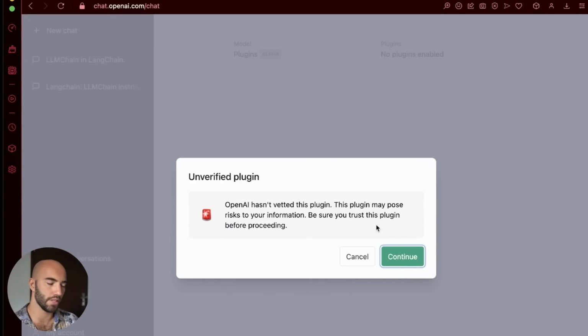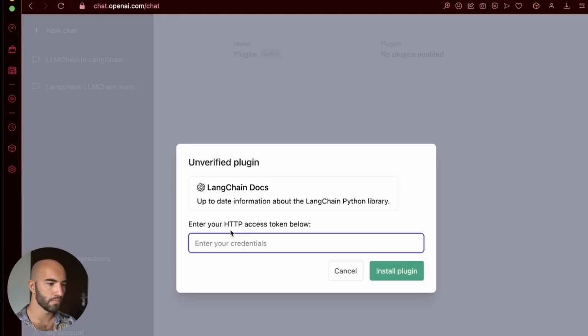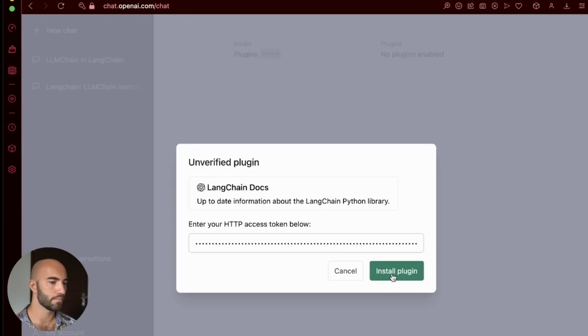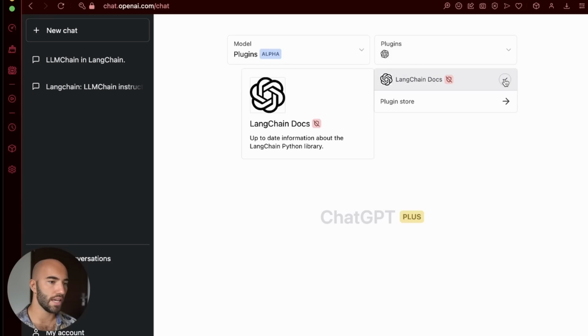They're going to give us this little warning. And then we also need to enter your HTTP access token below. Now, this is going to be our bearer token that we created earlier. So we need to get that bearer token yet again. Okay, and then we can install the plugin. Okay, great. So that's now